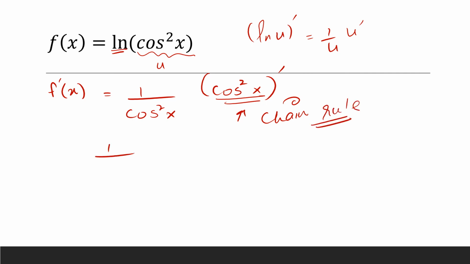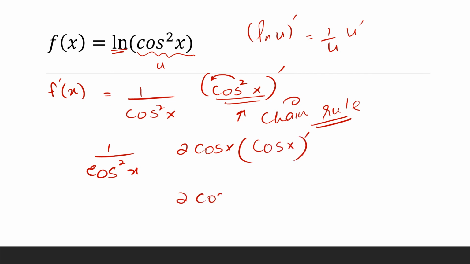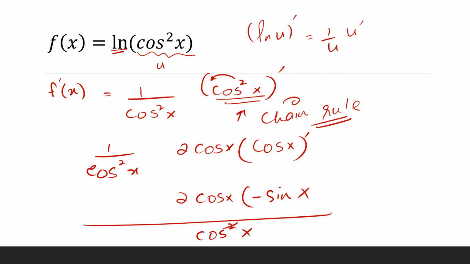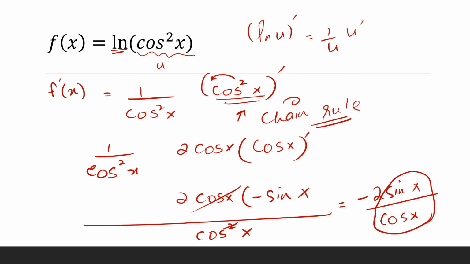So for the chain rule, we know that we bring the power in front. So we will get 2 cos x, and the inner function is cos x, so it will be with prime. So 2 cos x times the derivative of cos x, which is negative sin x, and here we will have cos squared x. Now cos squared x and cos x cancel, so the simple answer is minus 2 sin x over cos x. Now sin x over cos x is equal to tangent x. So the final answer is minus 2 tangent